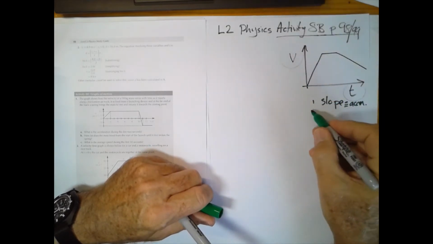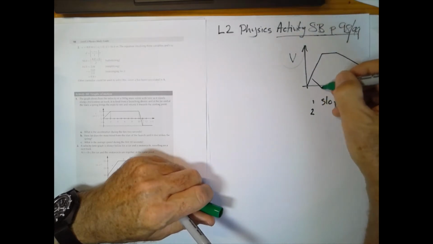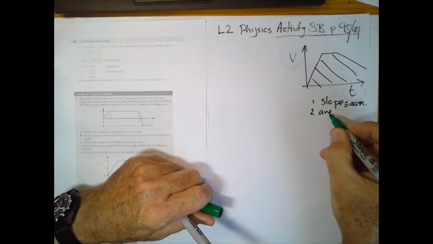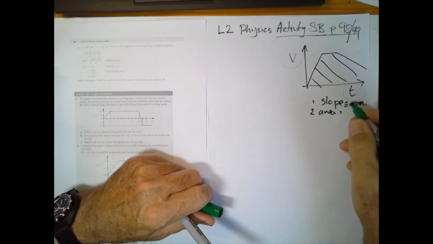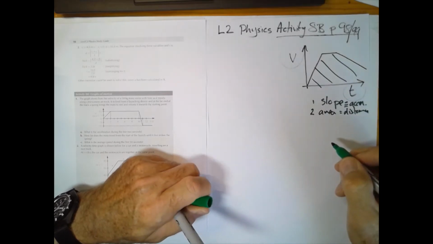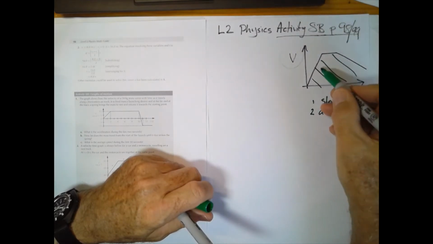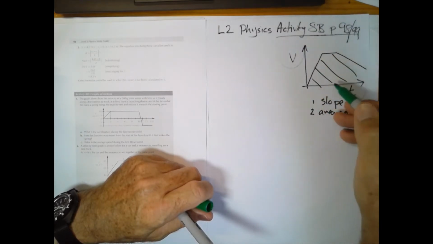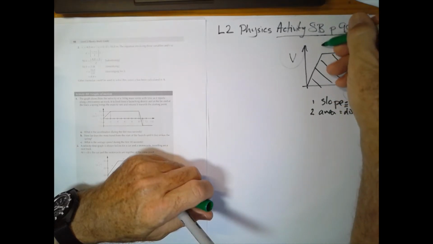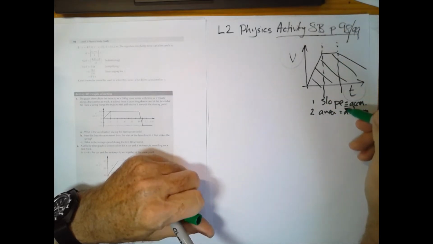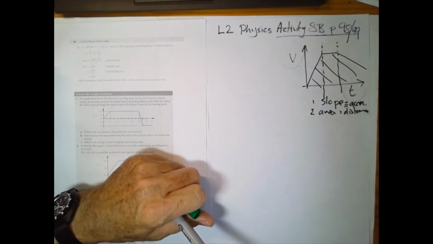And number two, the area under the graph is equal to the distance travelled, displacement. Now when we find the area under the graph, we don't easily find the area under an irregular shape, so we tend to have to divide it into either triangles or rectangles,